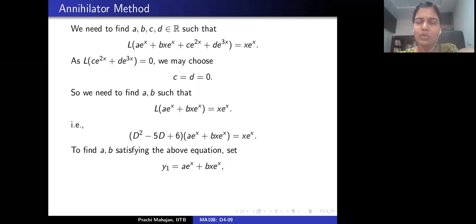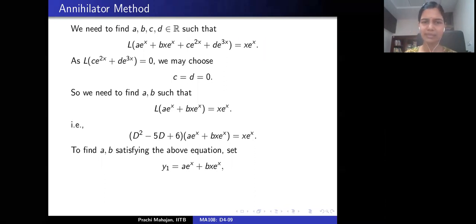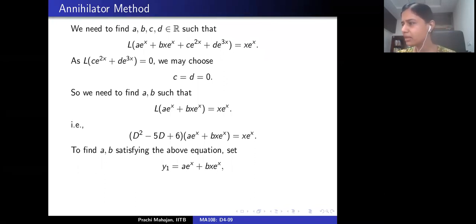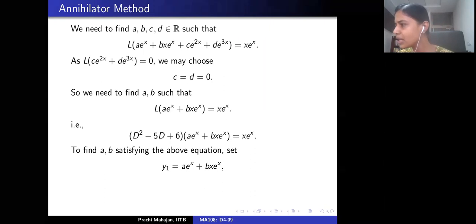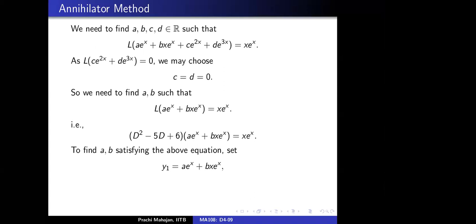See here, we are choosing C and D to be 0 because they actually appear in the solution for Ly equal to 0. That's the only reason. Correct? Yes. And that's the method of the annihilator. And the remaining terms constitute the correct form of the candidate solution, or the particular solution of the non-homogeneous differential equation.